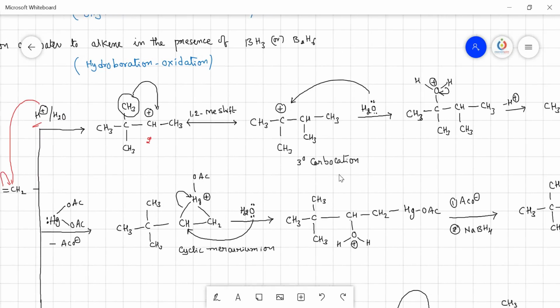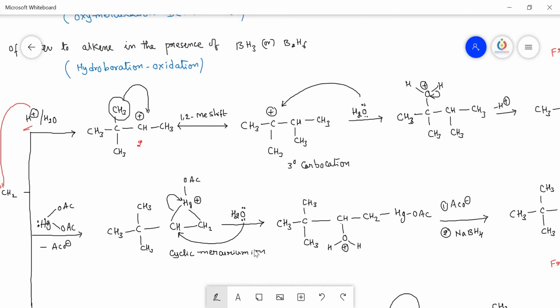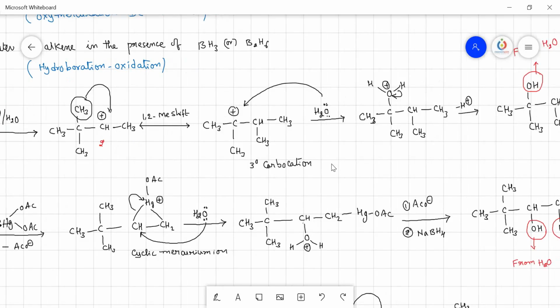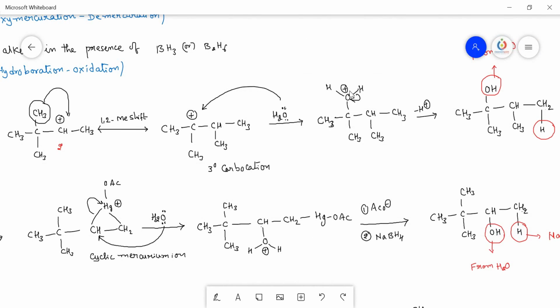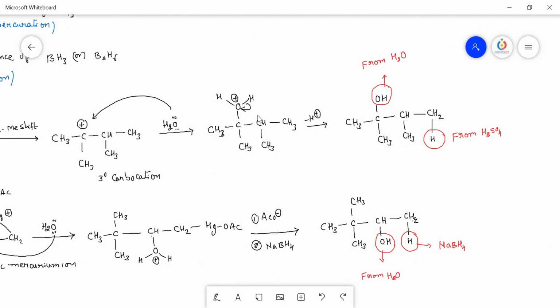Now, once the formation of the tertiary carbocation is over, the H2O molecule attacks this positively charged carbon and gives this hydronium ion. Later, there is a loss of the H plus ion from this hydronium ion, so the H plus ion is coming out. This H plus ion is from the water, not from the acid. And finally, we get OH and hydrogen on two different carbon atoms of this alkene. So this is the molecule. In this particular case, the hydrogen added, as we discussed already, is from the H2SO4,